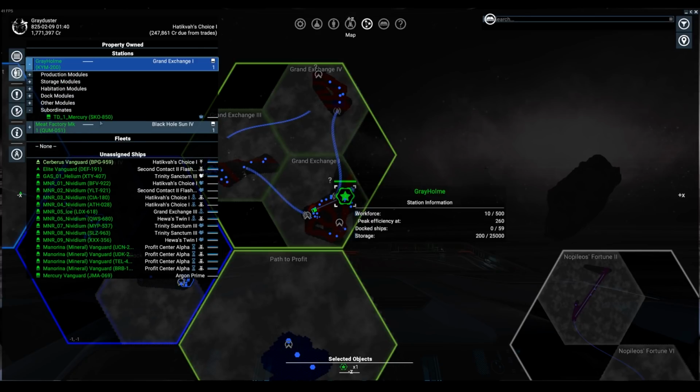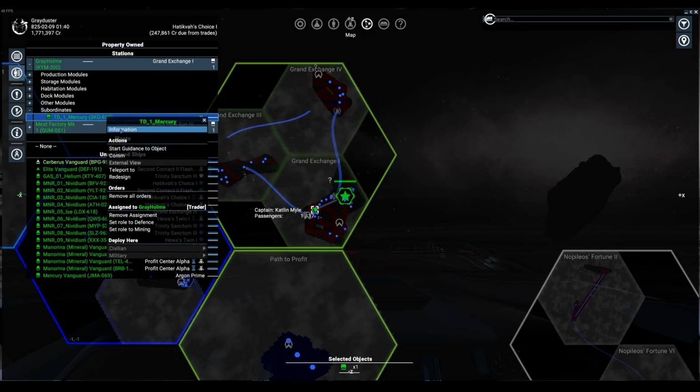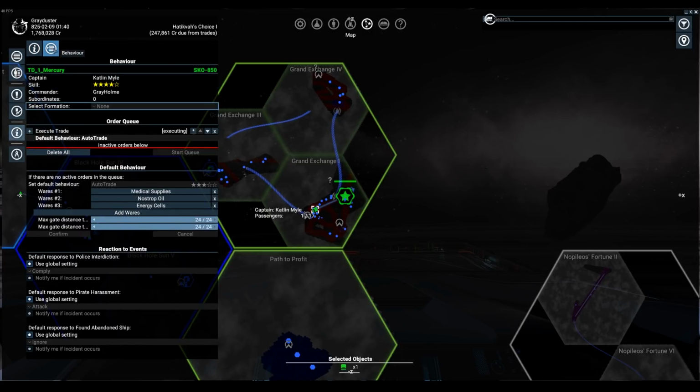Let's have a look. Greyhome. Are you actually doing anything right now? It looks like you're buying. Let's have a look at information and behavior. Well, it can actually buy energy cells. So if we just...